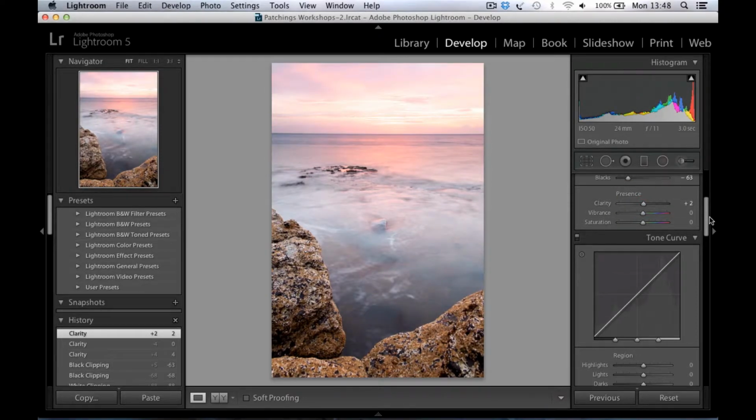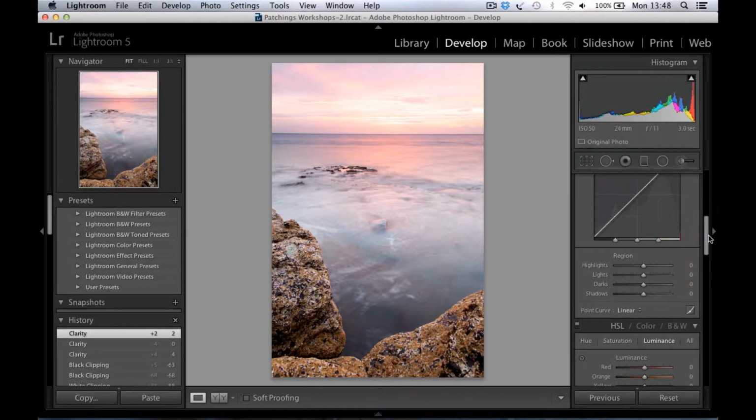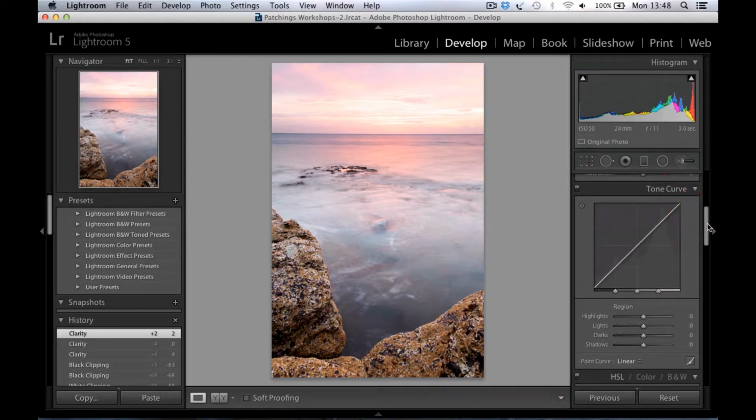I'll then probably think about bringing a grad down because it's really pushed that right to the edge. If you hold your mouse over that, it'll show you clipping. So I can see where I've clipped very slightly there. Then move down. Now, if you don't use black or white points a lot, another way of dealing